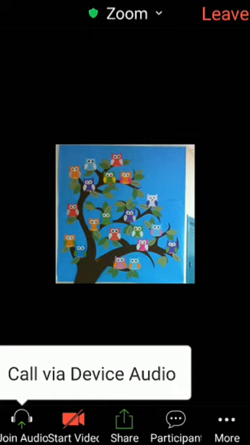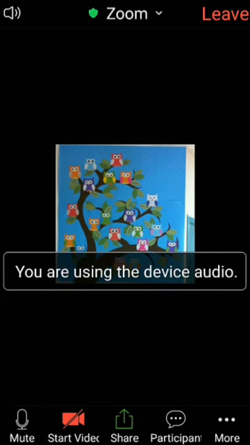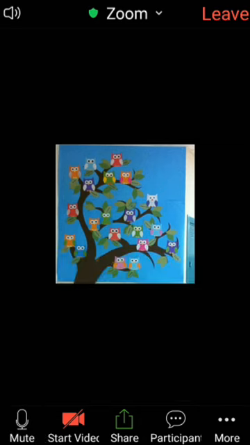We are not able to hear what the host is saying, and this happens because we haven't joined our audio. So, select the option join audio that is available at the bottom of the screen, and once you select it, your device audio will be joined and you'll be able to hear.